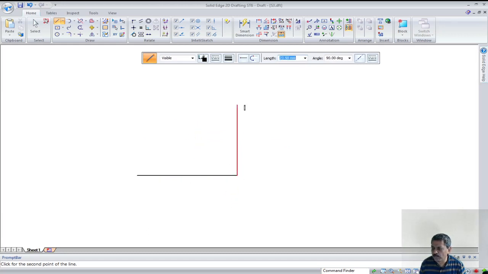I want to go up. So you can see the length of the line. I can type 30 using the keyboard, and then press tab to go to the angle. It is already showing 90 degrees because it understands that you want to draw a vertical line. You need not type once again, you simply press enter. And then similarly you move towards the next side.